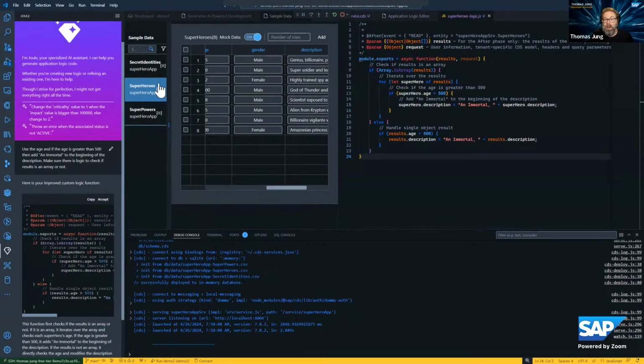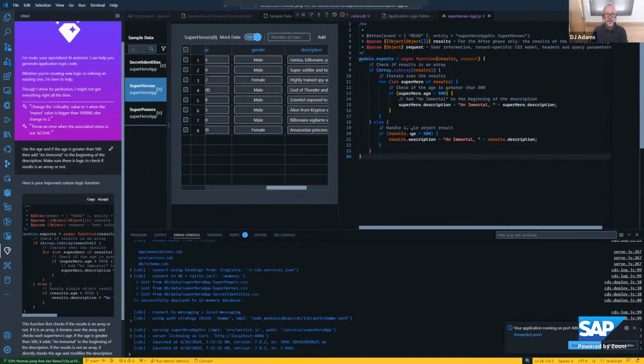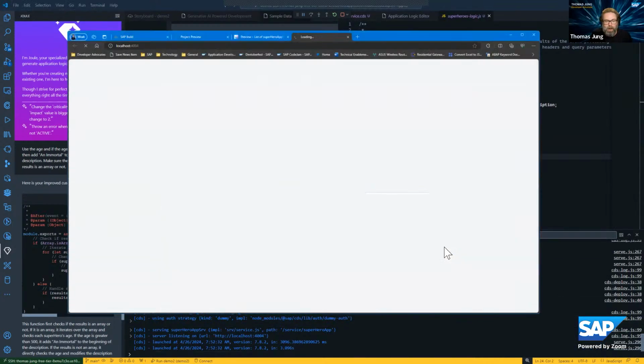Now it's adjusted our logic and now it's safe for either scenario. There we go. We got that condition on line 9. So now it works whether we get the whole result set and need to iterate it, or if we're handed the each. So let's go ahead and open this in a web browser.